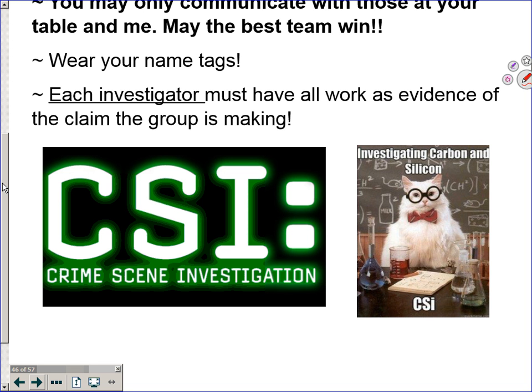Breaking news! I've heard that some of the investigators are not helping their team along. It's a shame. So make sure you're reading the details and pulling the details out. Don't forget to read that scenario like 18 times. Pull the details out from your paper. Proceed as you have been trained. And if you need your notes, you can grab your